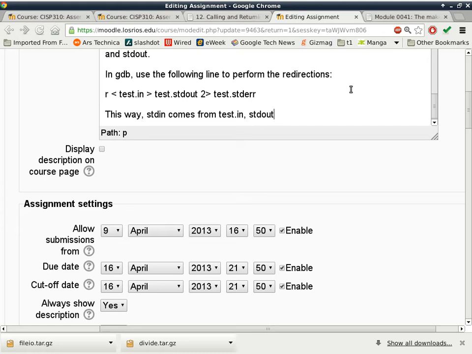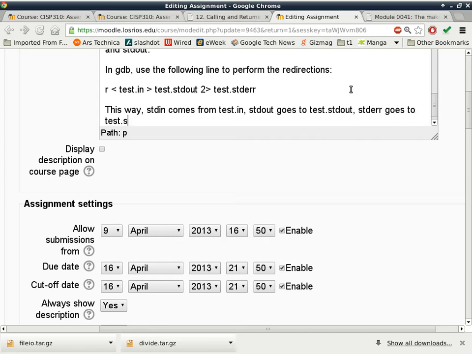Standard out goes to test.stdout, and standard error goes to test.stderr. All right? Are there any questions about this particular instruction? If you're not inside GDB, if you're just running the program, then you just say /file IO and then use